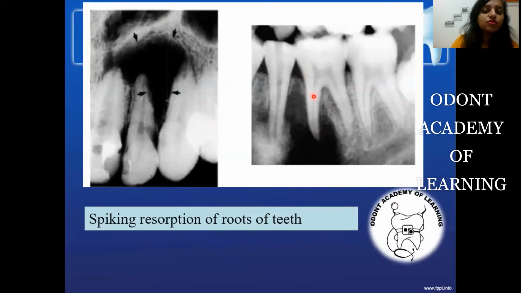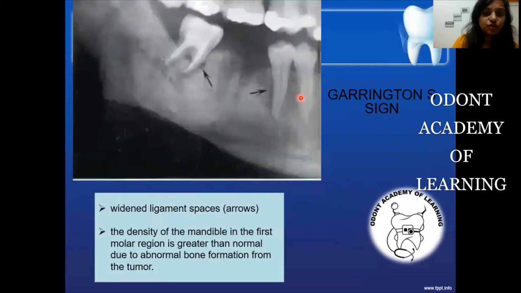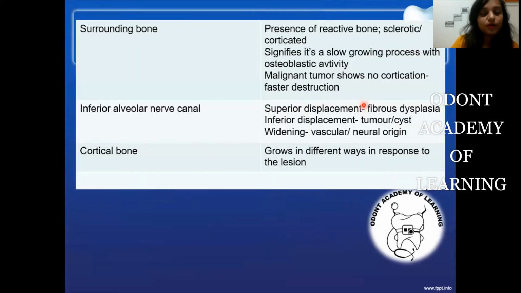Sometimes when there is no resorption, but the tooth may be displaced superiorly or laterally, the lamina dura gets broken. Okay, there is discontinuity of the lamina dura and the PDL spaces usually enlarge. Now, sometimes what happens is usually physiological. You have just your widening of the PDL space, okay, but your bone density differs. So this is usually called Garrington's sign, okay.